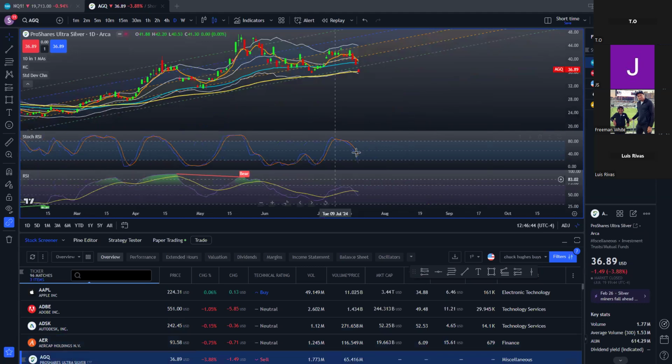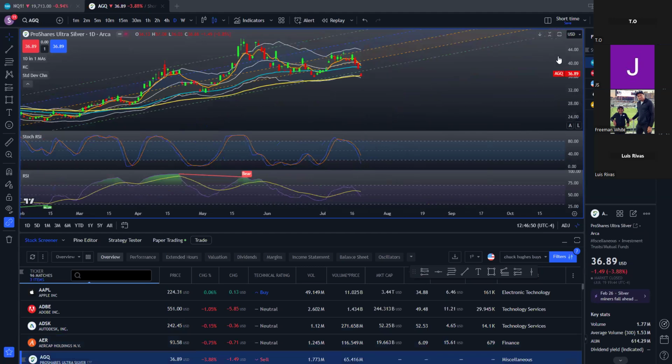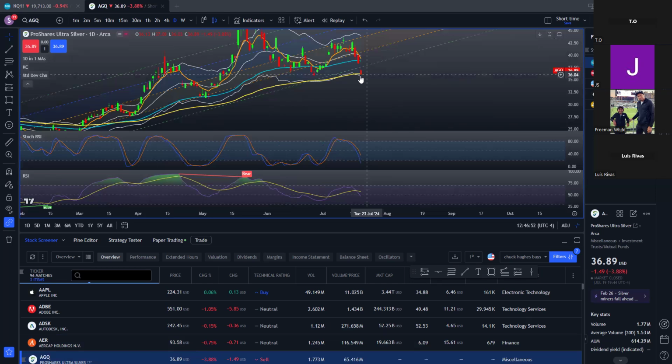Now, everything's pointing down. So Stochastic is just getting oversold. So this ain't 100% ready yet, but it's getting there. So this is definitely going on my list because I think this one is AGQ. Now, of course, I still have to go to my option chain, see if it makes sense on the option chain or what have you. But